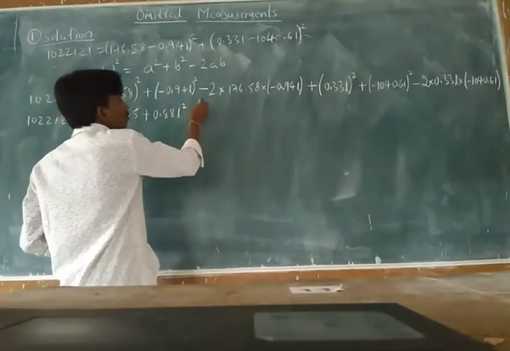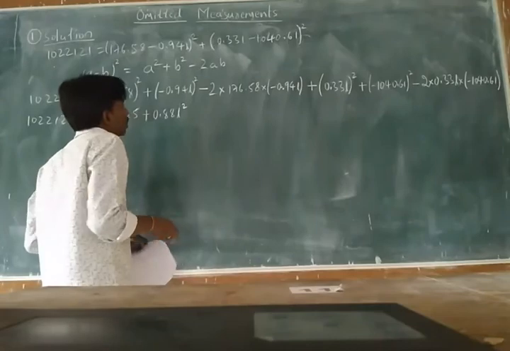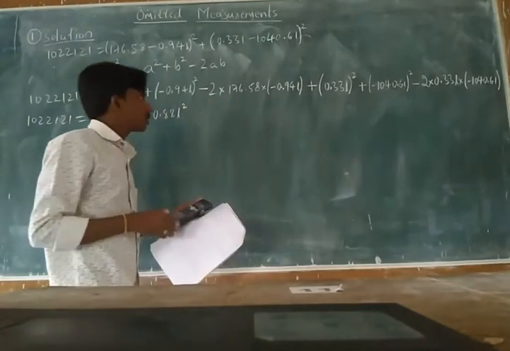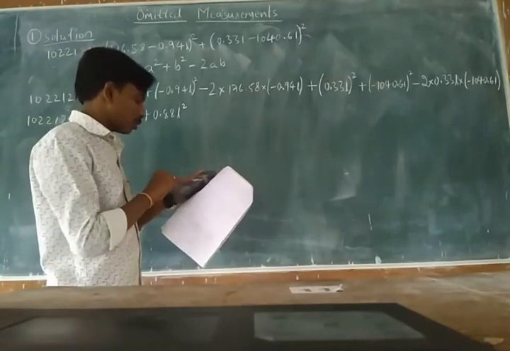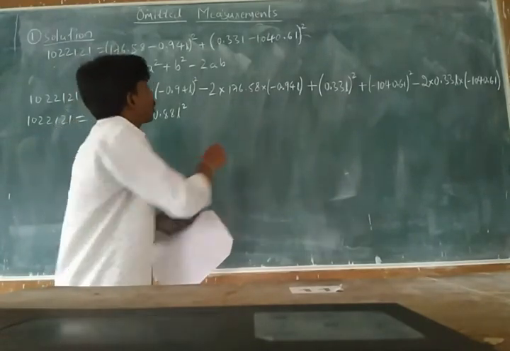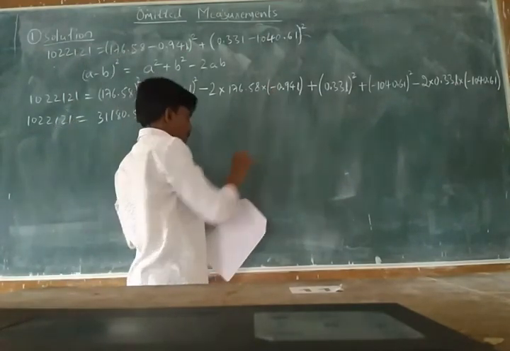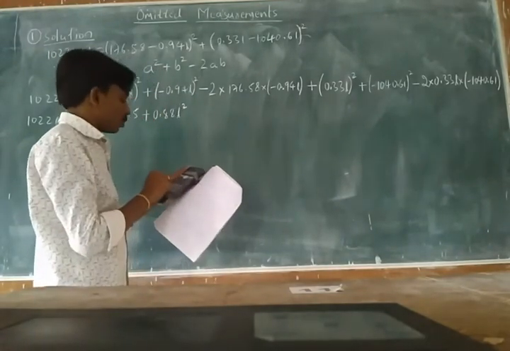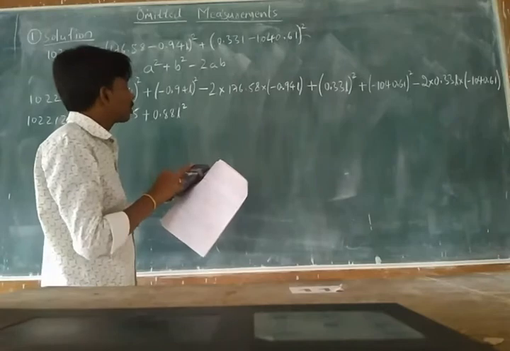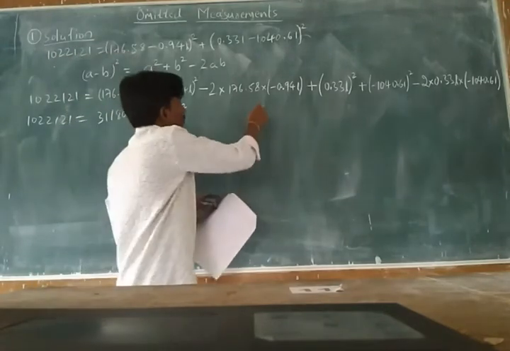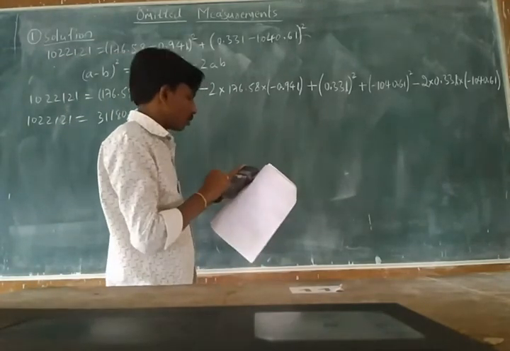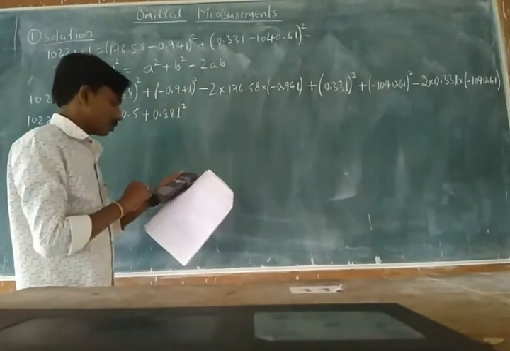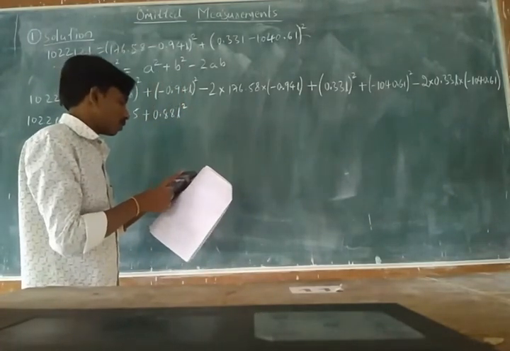Now let's see what it becomes. So 2 into 176.58 multiplied by, here we have minus 2, so minus 2 into 176.58 multiplied by, here also we have minus, so open the bracket and type minus 0.94, so that will become